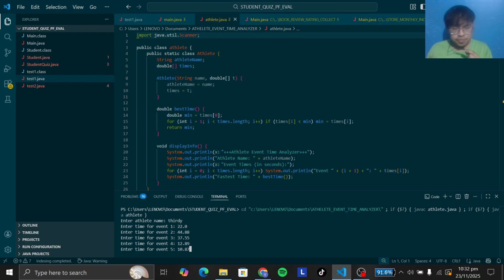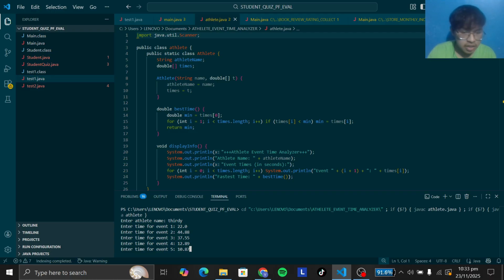It first stores how many events the athlete, which is the 30, has been competing or practicing. So let's say I practiced 5 times, and this is the scores I got. The first time was 22 seconds, the second was 44.88, third time was 37.55, fourth time was 12.89, and the fifth time was 10.87.